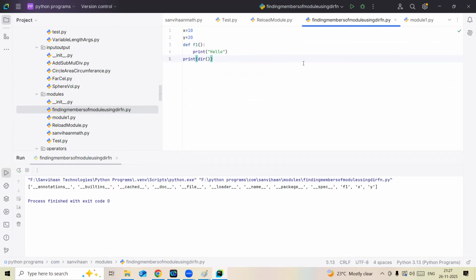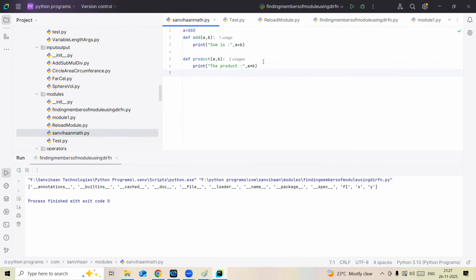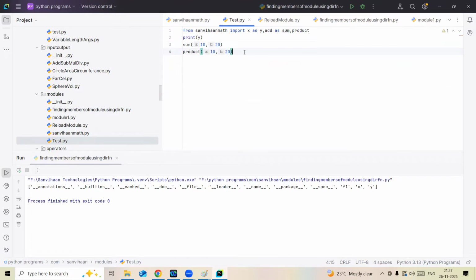If you want to display members of a particular module, for example, here we have Sunvian math.py. In Sunvian math.py, you have one variable and two functions, add and product. I want to print dir of all of that. Then in test.py, you write as,